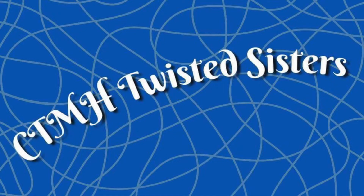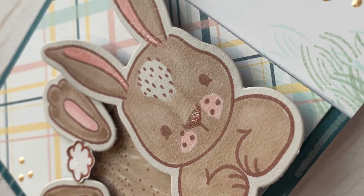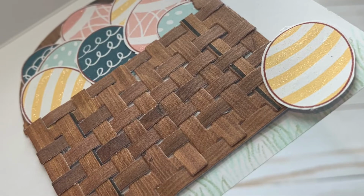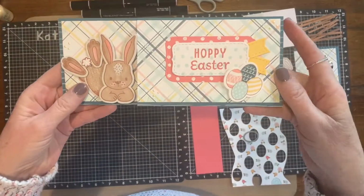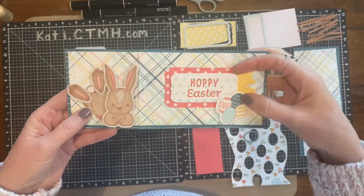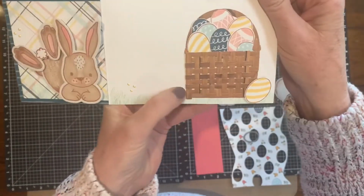Today, I'm going to share with you two different twists for a card that I made. I created this bunny and a cute little Easter basket. So here we go. Here's the first card that I made, and I'm not going to split the front like I did here, but you can see the bunny on the front and the little Easter basket on